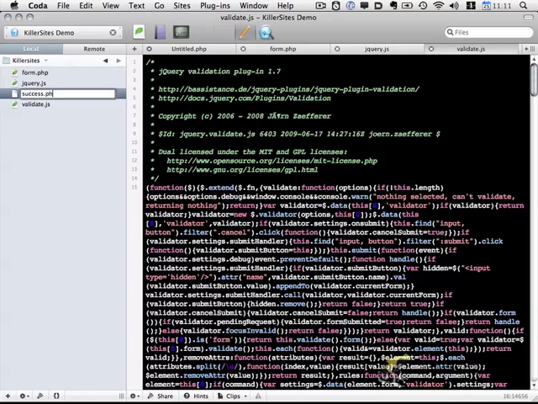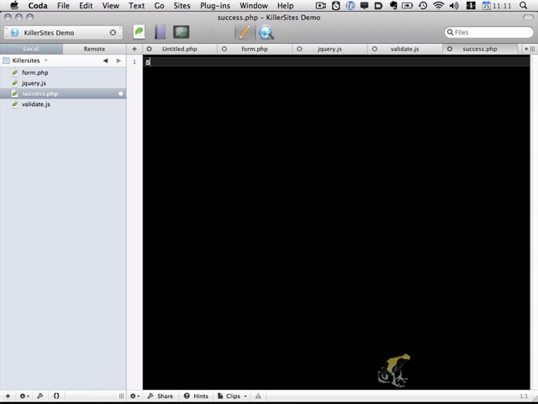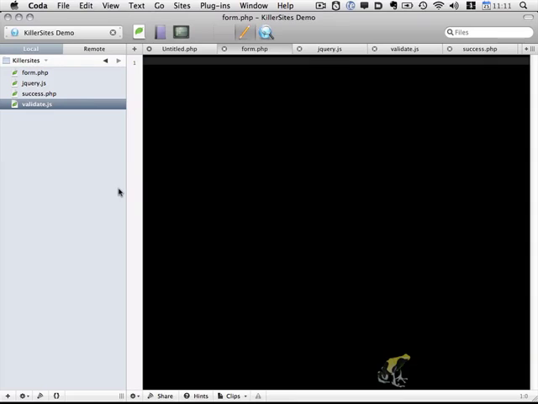Let's also create a success.php, and this is going to be really simple. I'm just going to display a success message. This will be the page that will appear if our form has been able to be submitted correctly. So we have a form, success, a jQuery, and a validate, and I believe that's all that we need to get started. So the last thing I'm going to do for this video is I'm going to open up form.php,